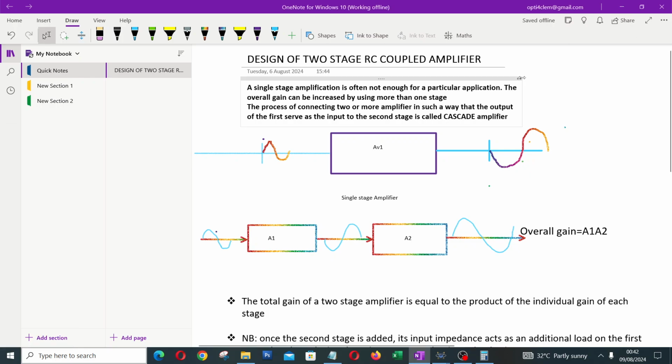Well, good day everyone. In this video tonight we want to look at the design of a two-stage RC coupled